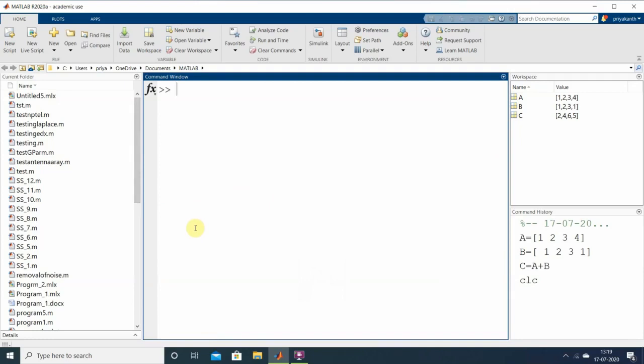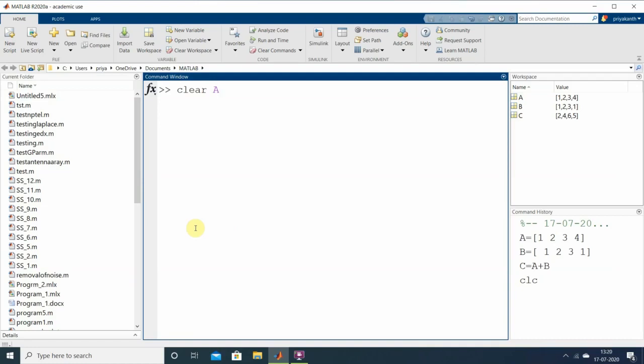Now if you want to clear the workspace, that is all the variables in the workspace, or let me suppose I want to clear only a variable A in the workspace, then I will type the command clear space capital A, because in MATLAB we observe that it supports case sensitivity.